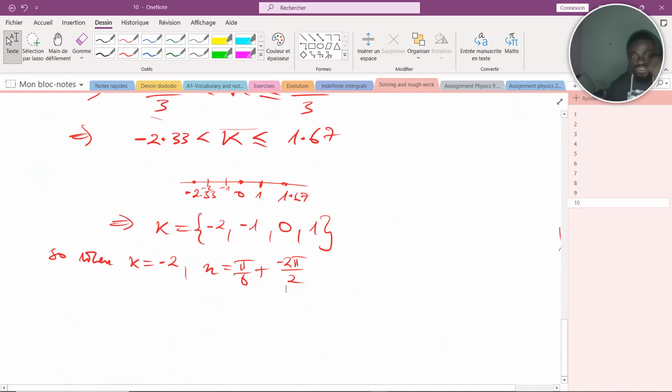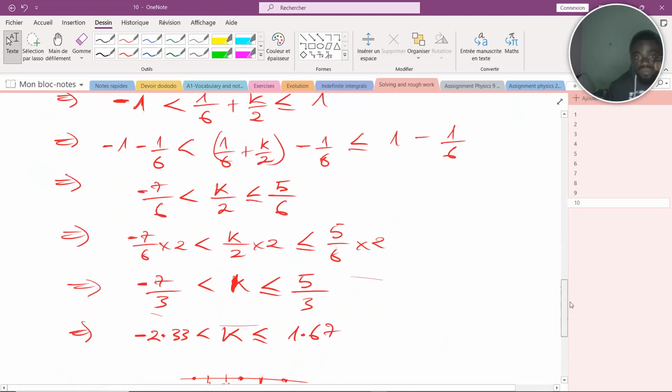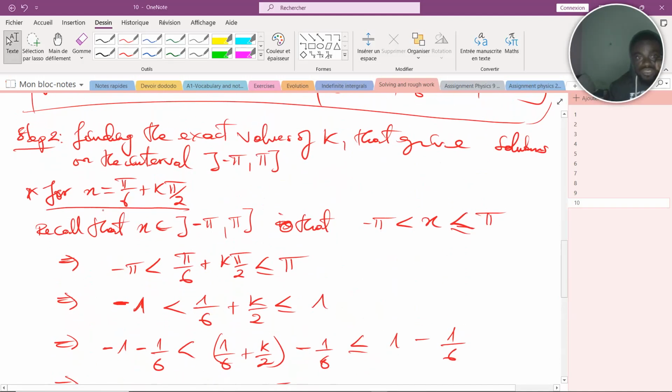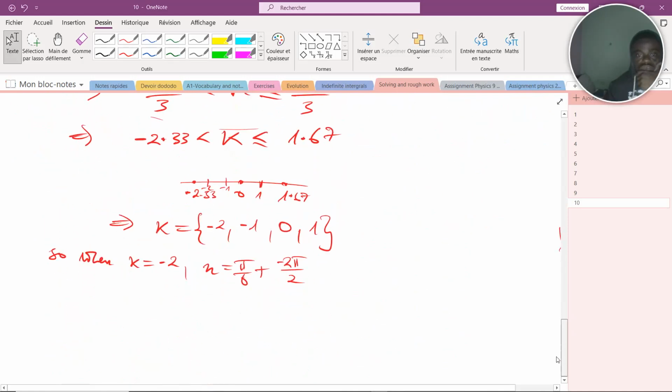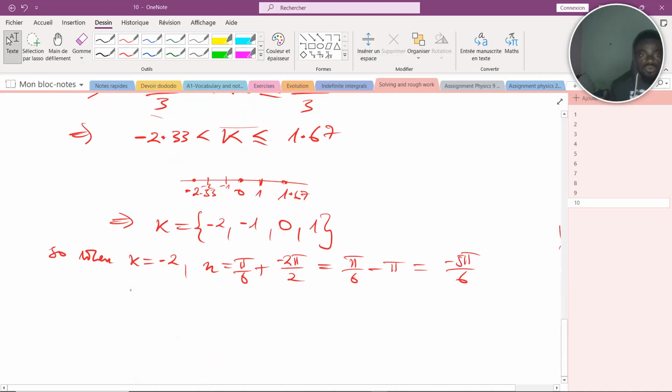So when we substitute, I'm substituting values in this one. So this will give this, and this goes. So this will be equals to pi on 6 minus pi. This is simply equals to -5 pi on 6. Very good. Now, when k is equals to -1, we have x being equals to pi on 6 plus